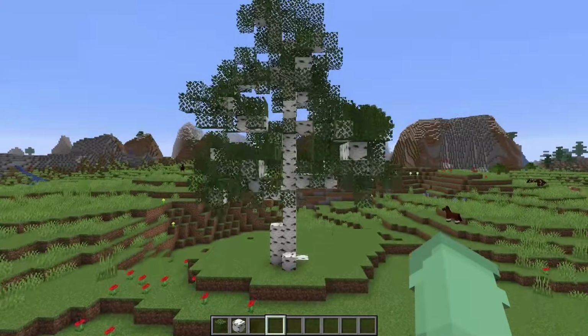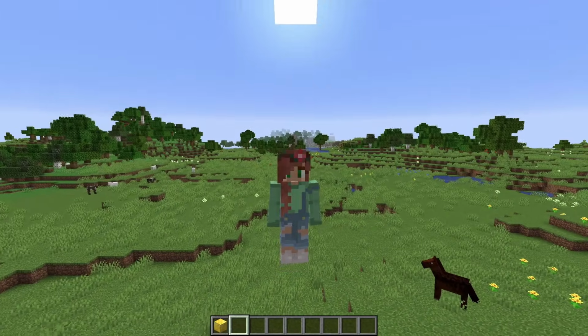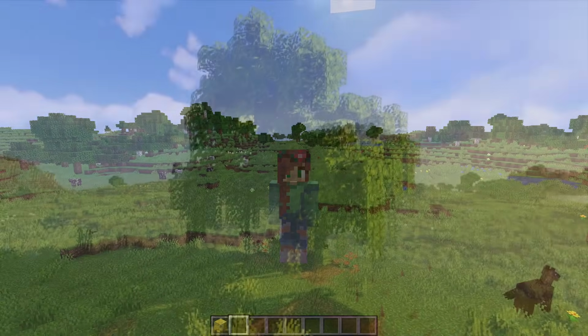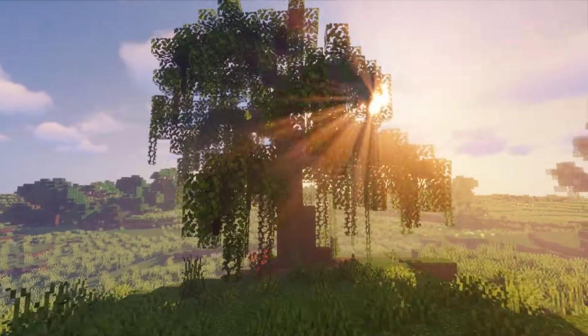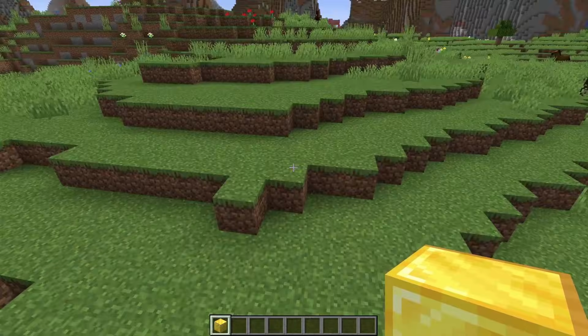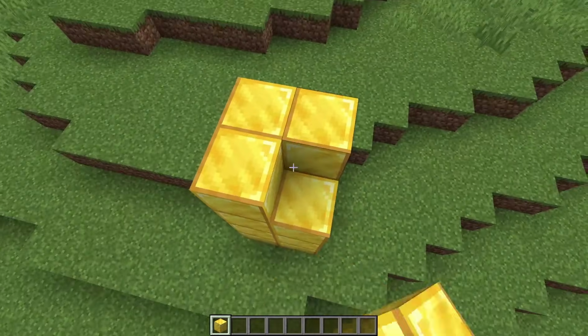So fun! Okay everyone, for my final tree in this tutorial, I want to showcase that texturing method that I mentioned in the first tree. For this, we are going to be building an old willow tree. These are one of my favorite trees to build, and I think they can add so much to a Minecraft world. We're going to start off right here with the trunk as usual,